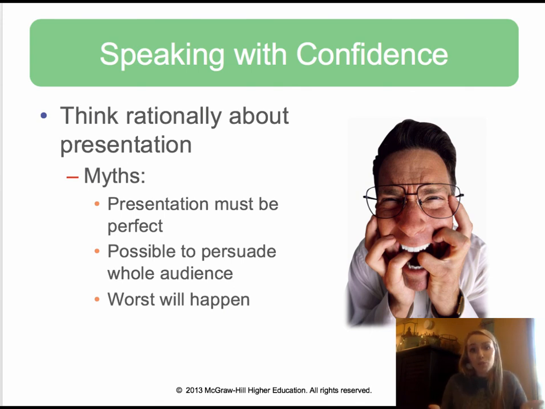It's never possible to persuade an entire audience. So you are shooting for the majority, hoping to persuade at least one or two people at worst. Majority at best. You're never going to get the entire audience to accept your proposition or move forward, or at least it's very rare. What's the worst that will happen? Don't think about those things. We always want to think about the best possible outcome and then deal with any other things that happen as a result. So always focusing on the positives, thinking about things in an excited way rather than a nervous way,